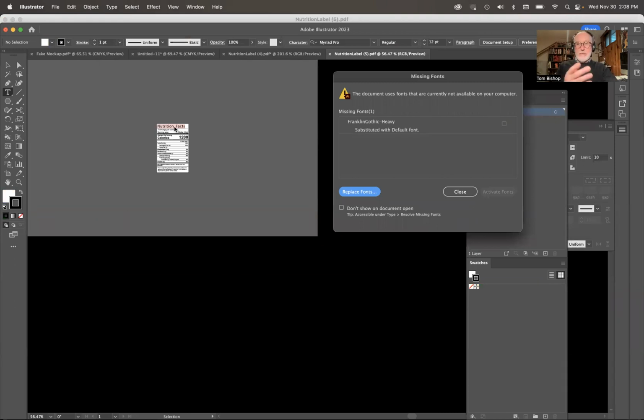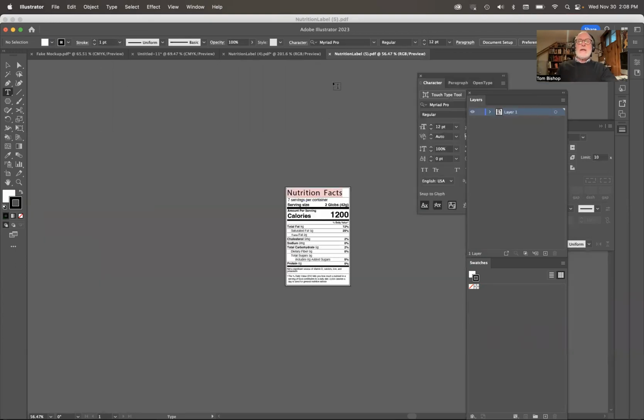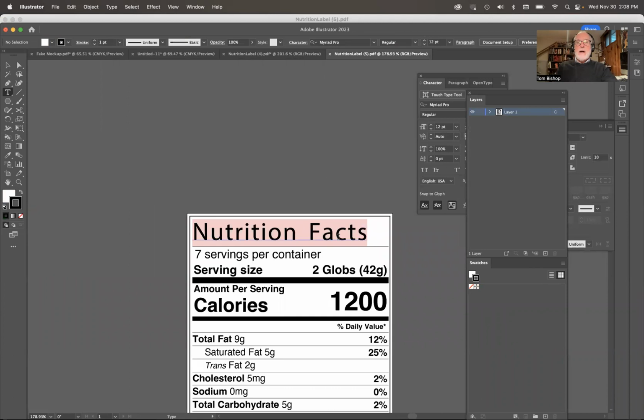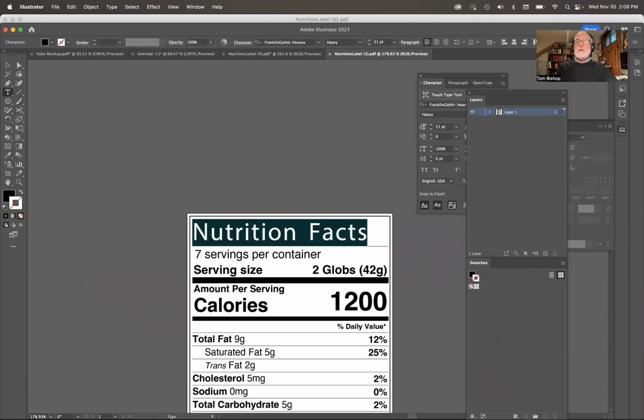However, it's real typefaces, which is cool. But I don't happen to have Franklin Gothic Heavy. You see what's going on here. It says in my note here that I've got Franklin Gothic in here. I don't have any of that stuff. So what I'm going to do is grab that typeface and switch that over here to something that I know